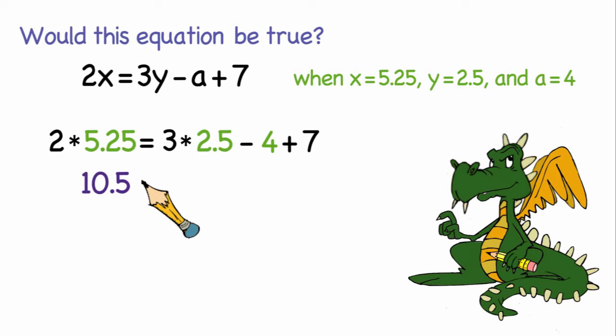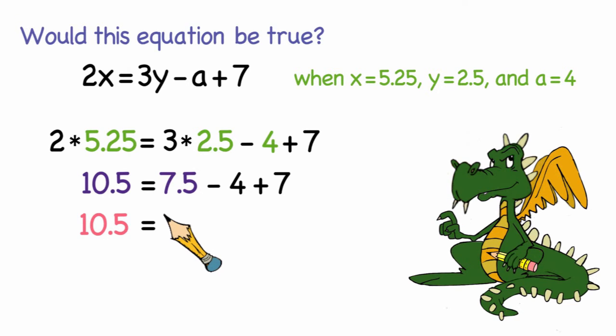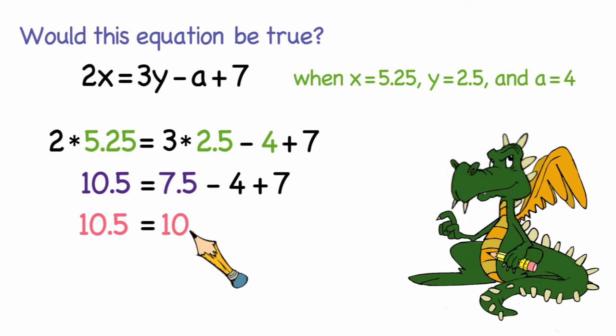That would be 10.5 is equal to 7.5 minus 4 plus 7. Well, 7.5 minus 4 is 3.5. We add 7 to that, we get 10.5. So both sides of the equation say 10.5, and we know that for those values of x, y, and a,